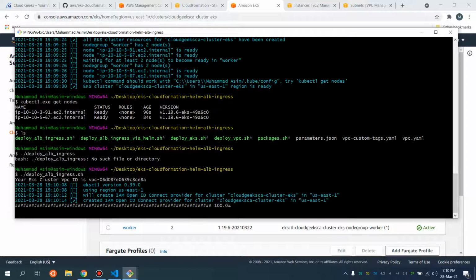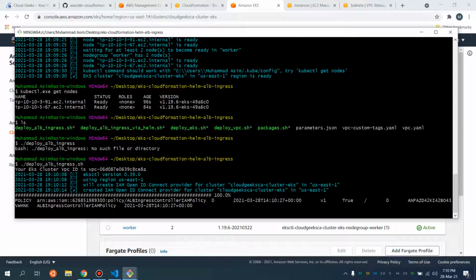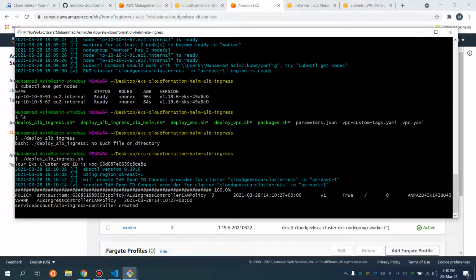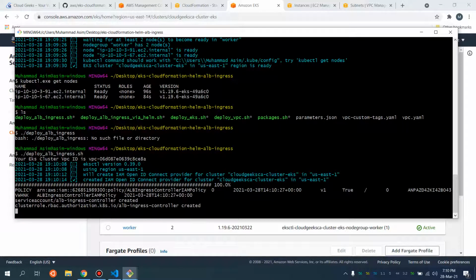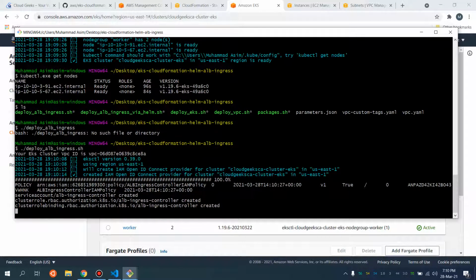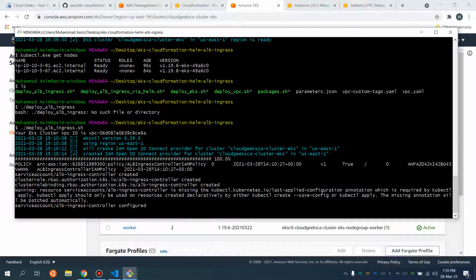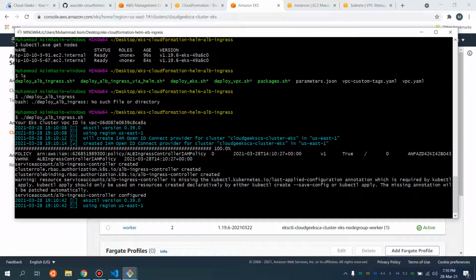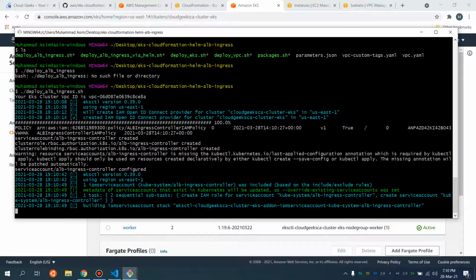So guys, you will see in a short while that our ALB ingress controller is going to be up and running. It is currently setting up the relevant permissions which are required for the ALB ingress controller.